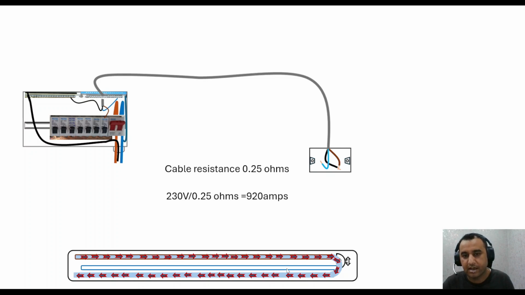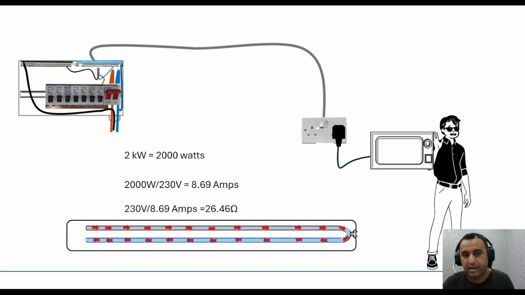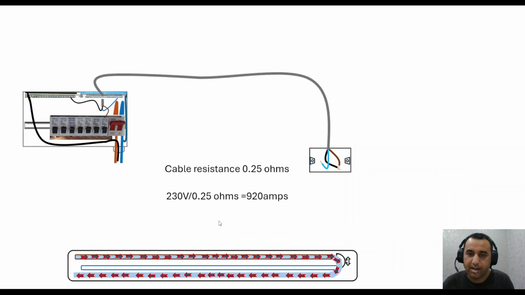In a previous slide we had 8.69 amps, and now in this slide it's 920 amps going through, because there's a lesser resistance. That's why more current is going through this circuit protective conductor to the earthing terminal. From the earthing terminal, it's going back to the system transformer, your supply transformer. So everything seems okay in terms of